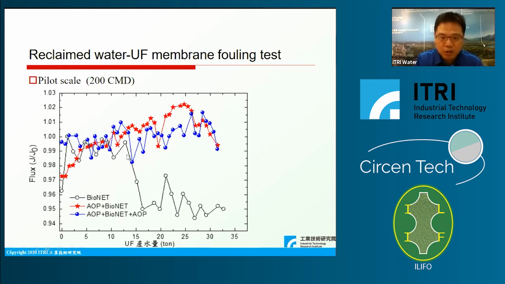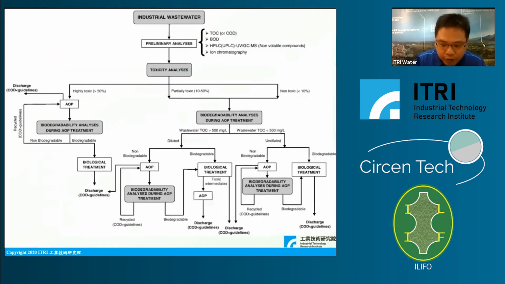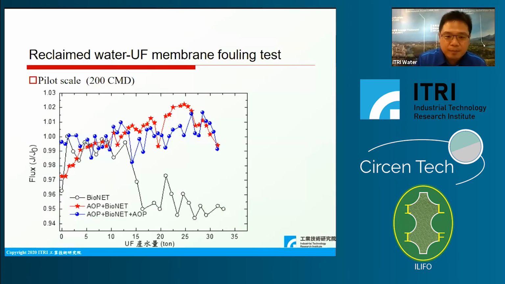The flux will decrease sharply. However, if we combine the ozone systems, with the ozone in front of the biological system, or after the biological system treatment, the flux of the membranes can be maintained,